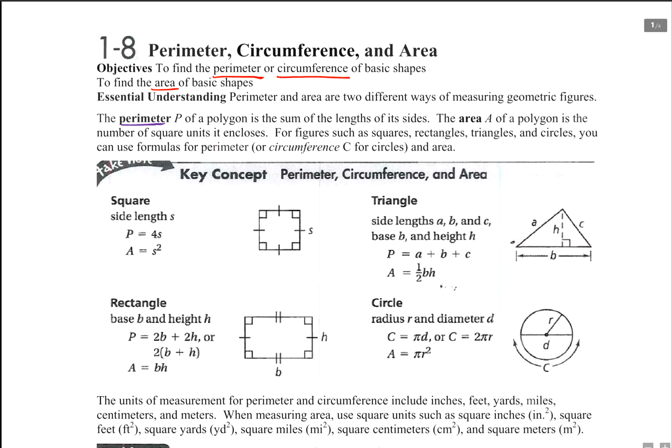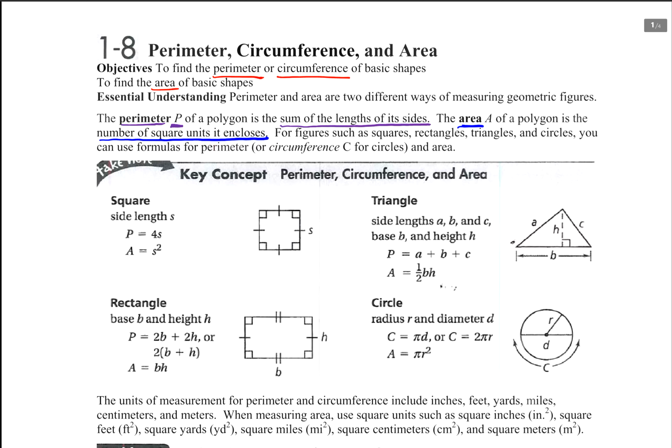The perimeter, known as capital P, of any polygon is the sum of the lengths of its sides. So, it doesn't matter what the shape is, you just add up all of the sides. Area of a polygon is the number of square units it encloses. Now, we have formulas for all of these things, and these are also in your big packet on those back